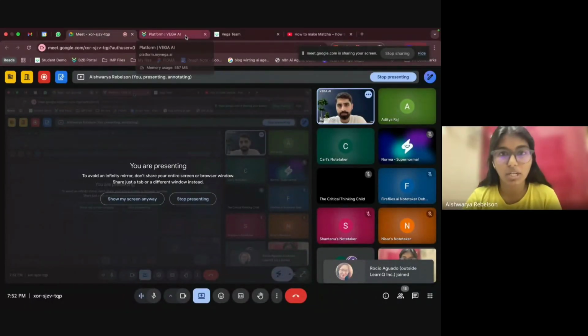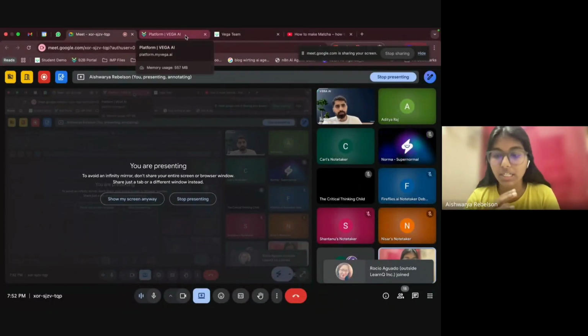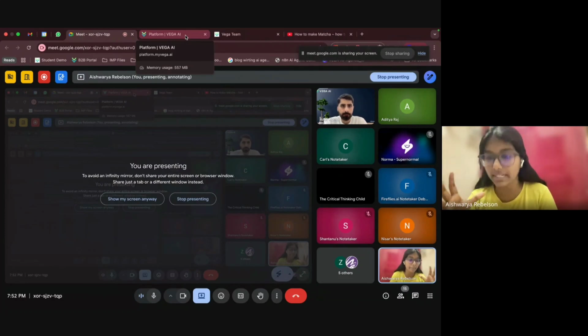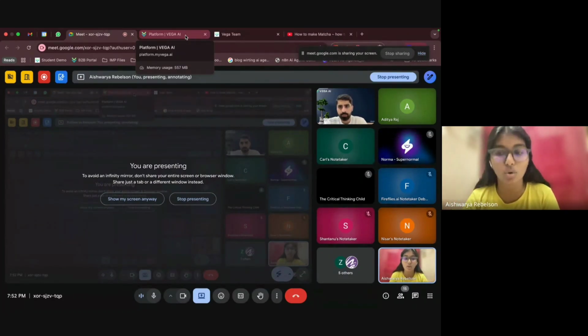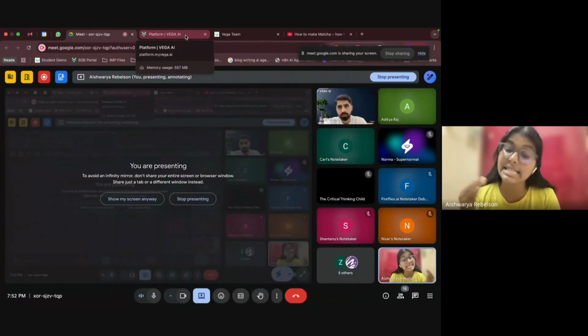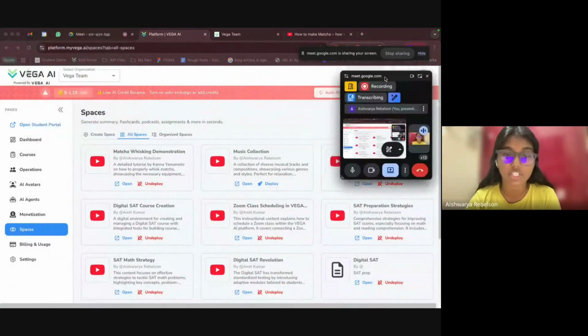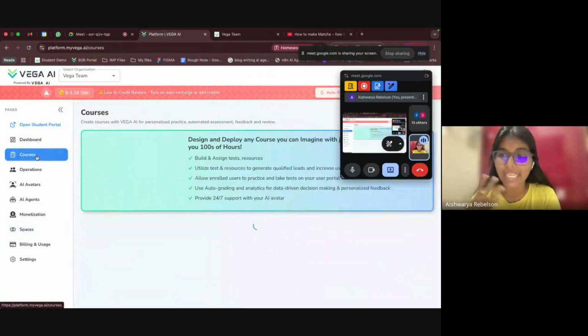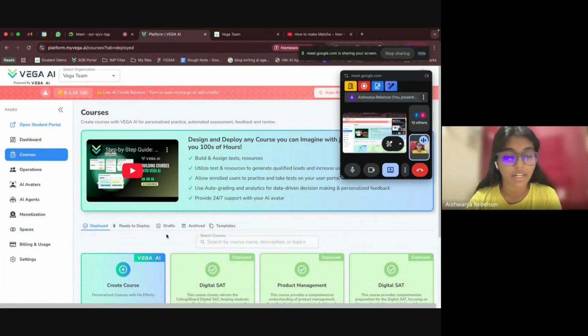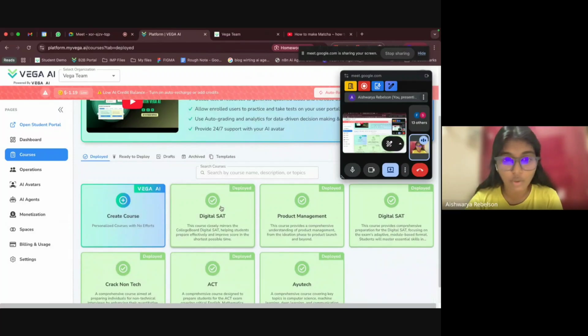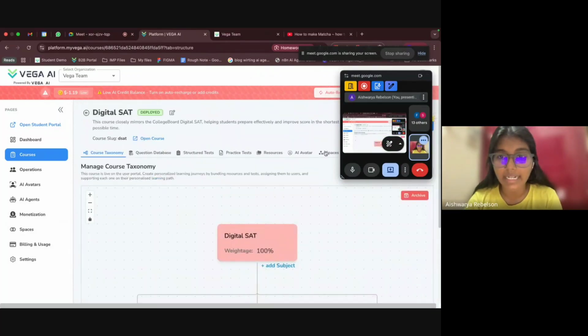Correct. What Amit is telling is absolutely right. So what we have seen now is an independent space. It is not related to any course so far. But there is an option for you guys to create a space inside a course also. So the methodology is the same, the functionality is the same, but the place in which you are going to create it will be different. For example, I'm going to go into the digital start course, and